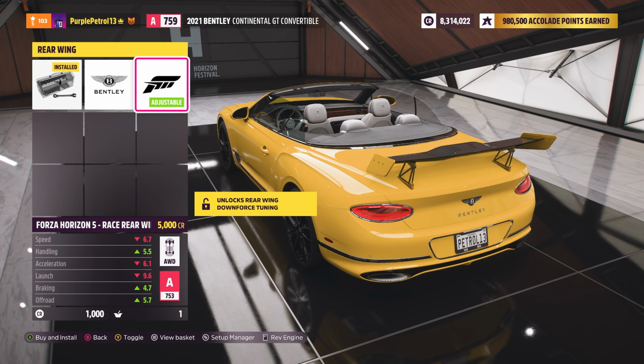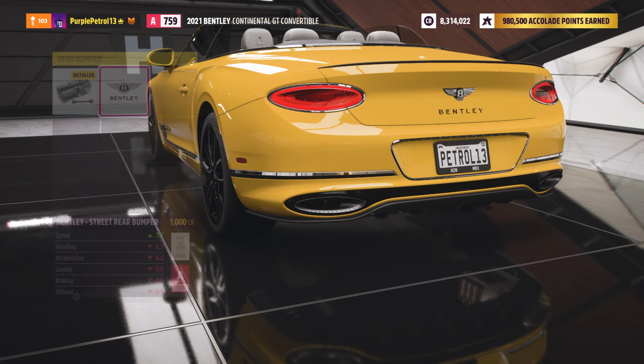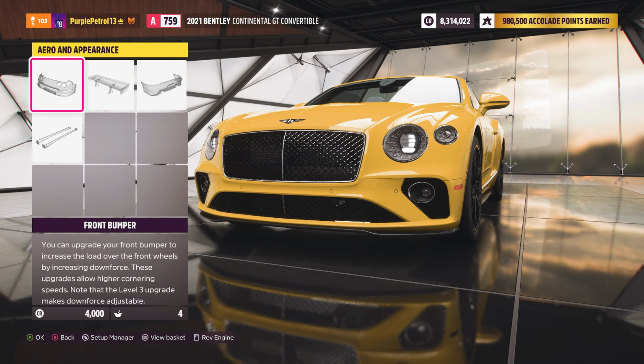There is of course also that monstrosity, and there is a similar carbon sort of diffuser at the rear, and carbon side skirts at the side, which I think slightly improves the appearance of the car all around. Apart from that though, it's all pretty standard. You've got your track width increasing things, which actually make it very wide at the back. You can of course also increase your tyre widths, change tyre compounds and wheels, which I will not be doing,